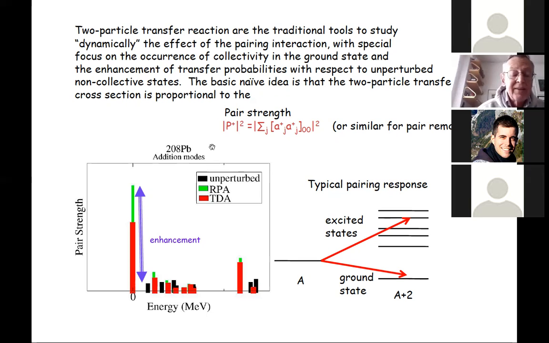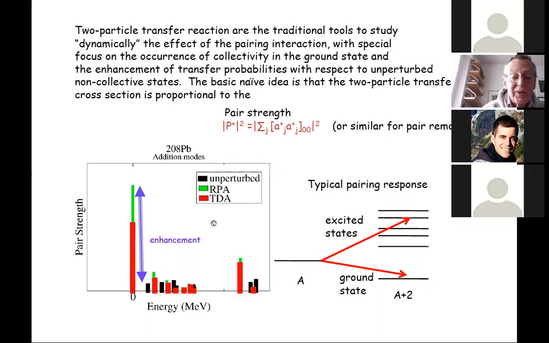In general, the pairing properties of a nuclear system are characterized by what I call the pairing response of the system. That is the matrix element of the pairing operator between my initial ground state and all the 0+ states of the A+2 or A-2 system. Typically, the pairing response is illustrated in this figure, where I just take the matrix element of the pairing operator between